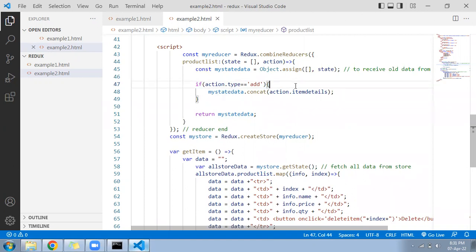Item details, we are going to send the complete array. Their name, price, quantity will come. You have to write it still. Please add this much. Action dot type double equal to add, then